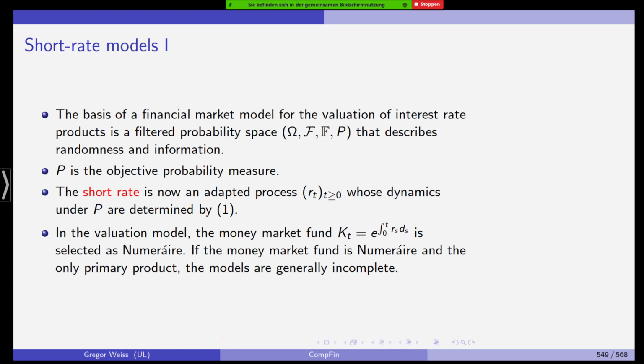We'll have a filtered probability space, usual assumption here. P is the probability measure we are looking for, and the short rate is what we call an adapted process, ein adaptierter stochastischer Prozess. Meaning what? At each point in time t, this process reflects the available information up until point t. If there is new information on the next day, the price will react to this and it will reflect all available information. Now, in the valuation model, the money market fund, K_t, equal to exponential function of the integral of r_s,